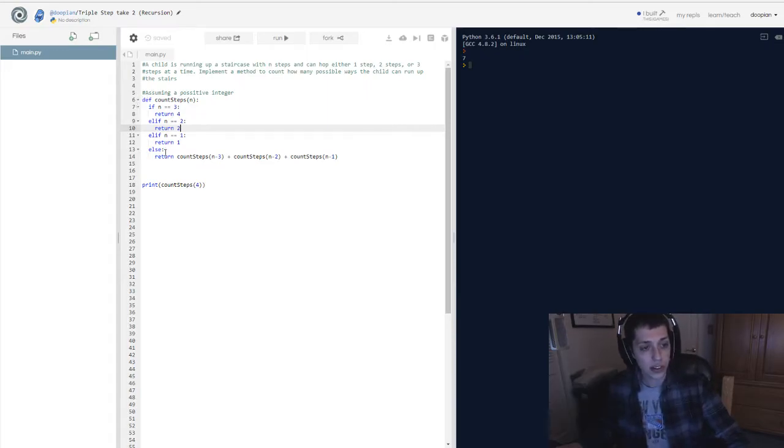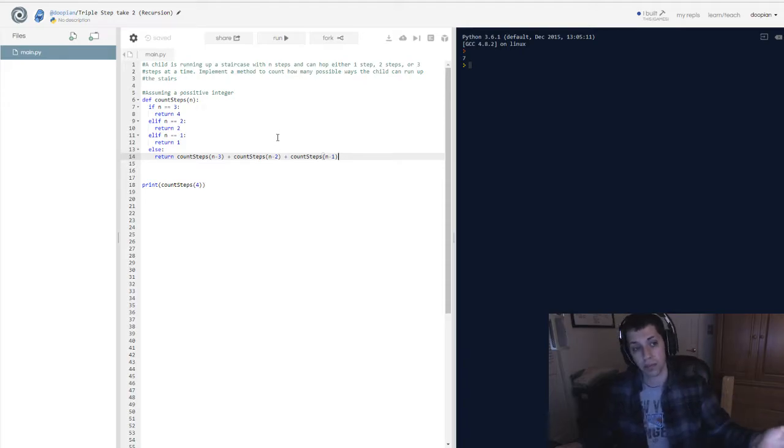And I solved this in 8 lines of code. So feeling pretty good about that. Very elegant solution. Basically, what happens is I figure out how many different possible ways it takes to go 1 step, 2 steps, and 3 steps, and then I use those answers to solve everything else